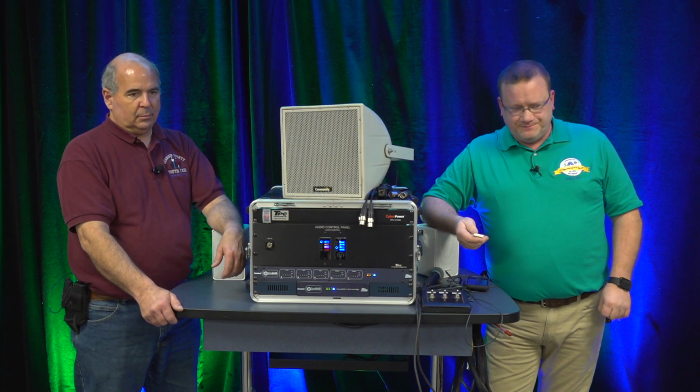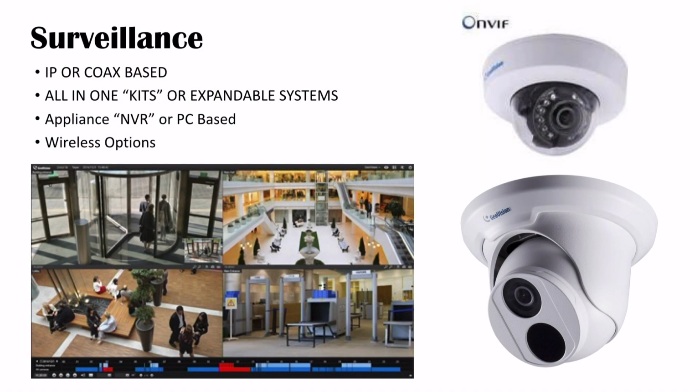Like the cameras, there are several different versions of power over Ethernet. Most of them are compatible with any switch, but it's something to look for when you're picking out a system for your fairgrounds. And this one is Geovision. Again, we like to pick companies that give us pretty good bang for the buck as far as features, reliability, and price. You may have heard the term Axis, and there are a few other manufacturers. There are literally hundreds of manufacturers of cameras. Some you can get cheap on Amazon, but with Geovision, I've had cameras outside for 5 or 6 years now,